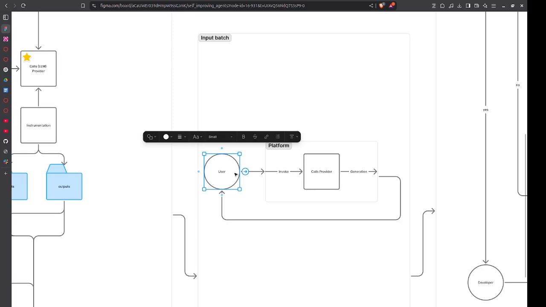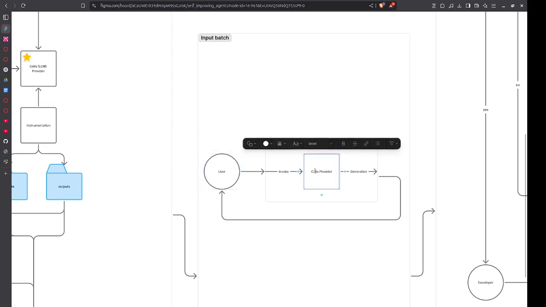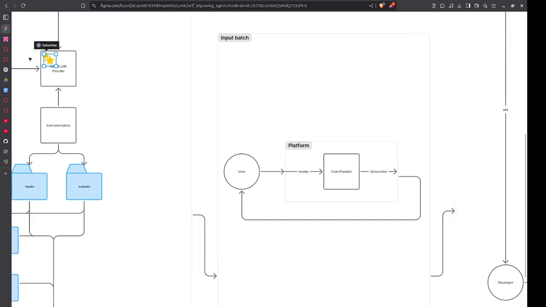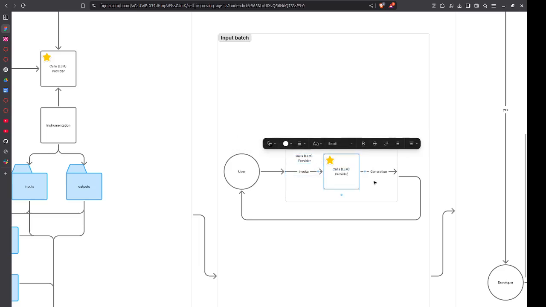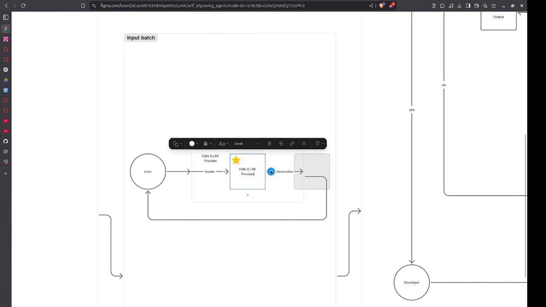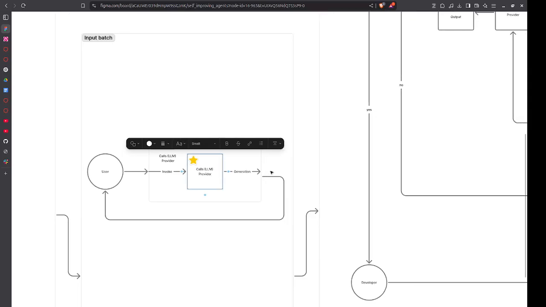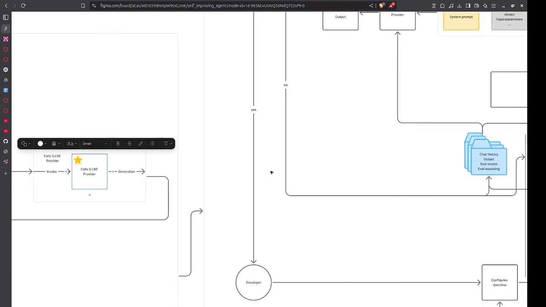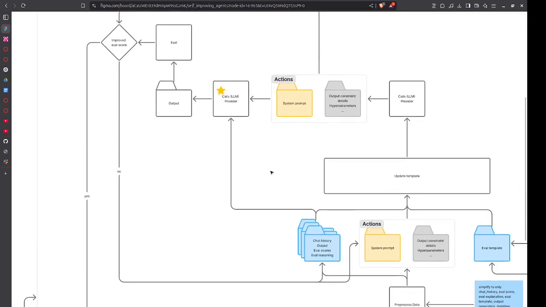Here I illustrated a user using your platform, which invokes the target call provider, which is right here. It calls the LLM provider, and that produces a generation, and then over and over for however many times your inference is being called. Afterwards,